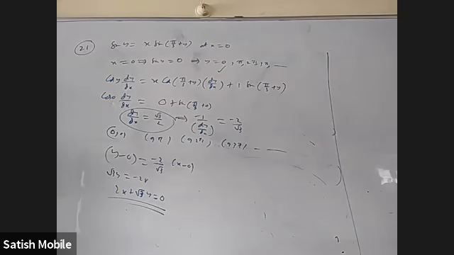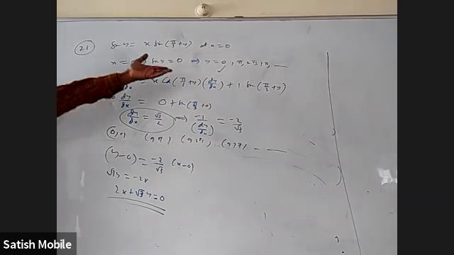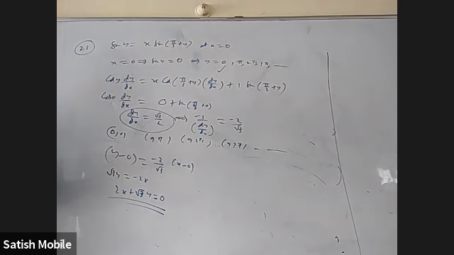So tangent and normal, I don't think, is a difficult topic. It's quite an easy topic. Sometimes the point is given directly. Sometimes the x coordinate is given. You have to find the y coordinate, and then you have to do that.